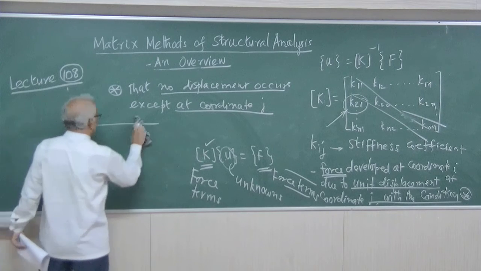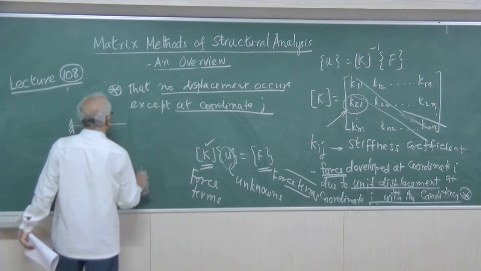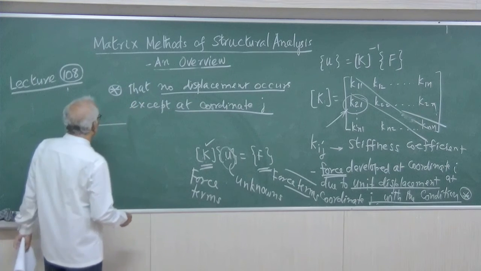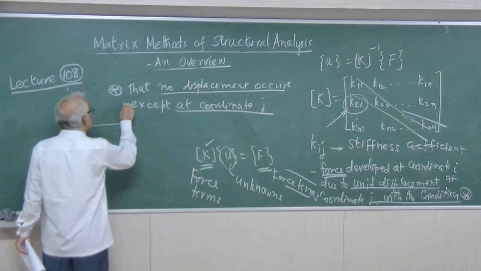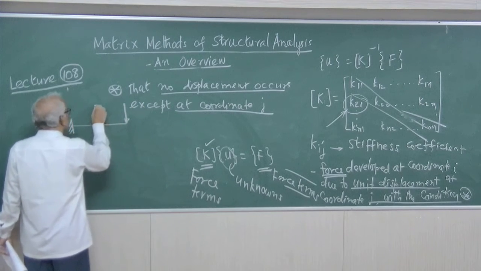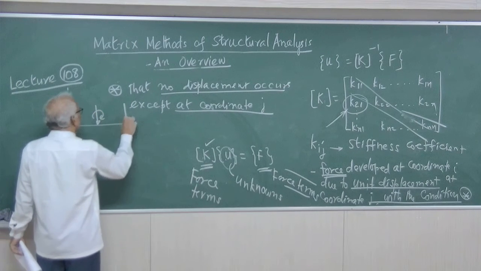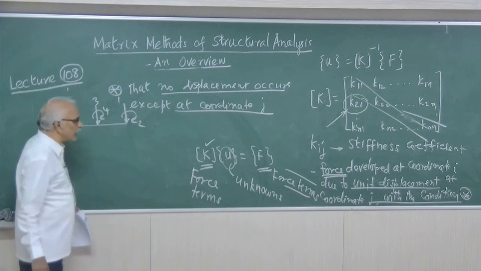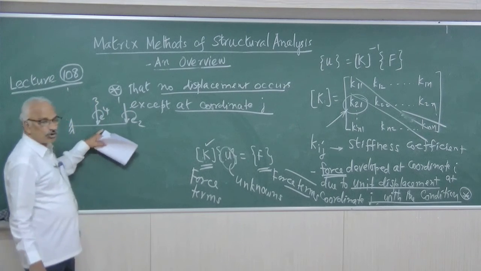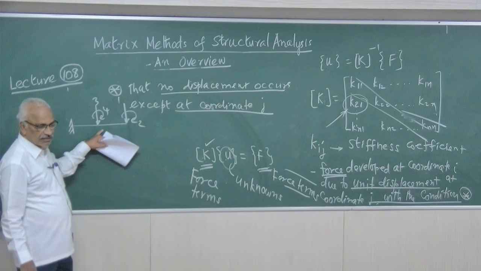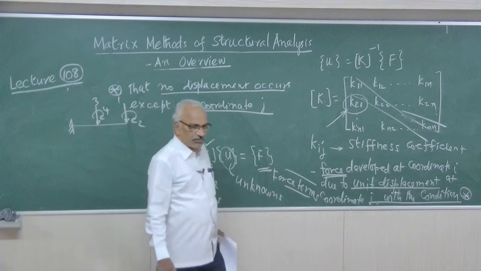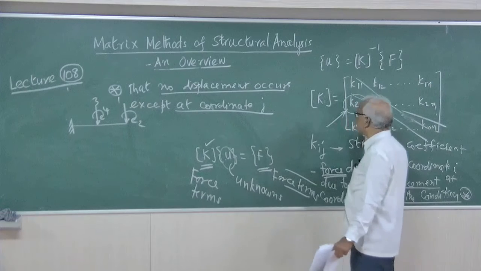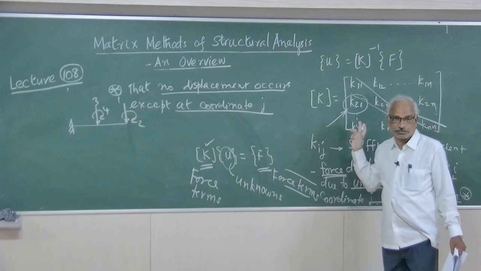Because here also, later I will explain the size of the stiffness matrix K. In this case, it is a determinate structure. Suppose this contains 2 coordinates or 4 coordinates: 1, 2, 3, 4, etc. In the case of determinate structures, when there are 4 coordinates, we will be applying one displacement at a time and find out the K matrix. The size of the matrix will be K equal to 4 by 4 for this.